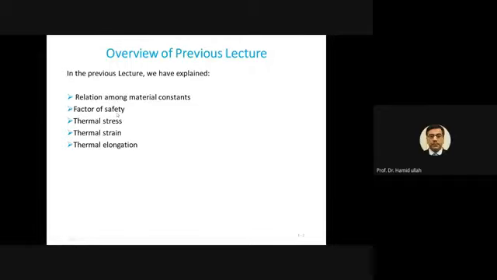And in this you have seen how some data will be given, and then something could be required, for example the size of a shaft, or for example the size of a rod, which we could be asked to determine for the given load and material. So this is something we explained, and two numericals in the previous lecture we solved. After that, you remember, we started the discussion on thermal stress, thermal strain and thermal elongation. And I mentioned to you that so far the discussion with respect to stress, strain or elongation was with respect to external load.